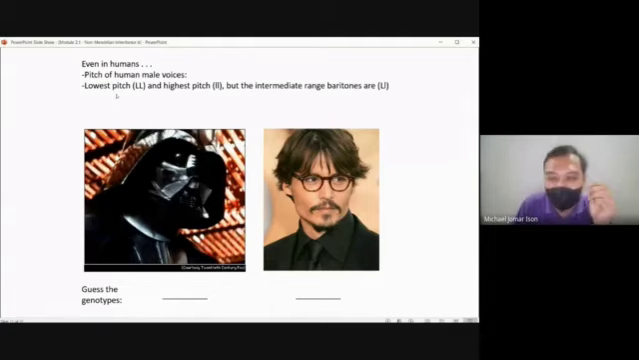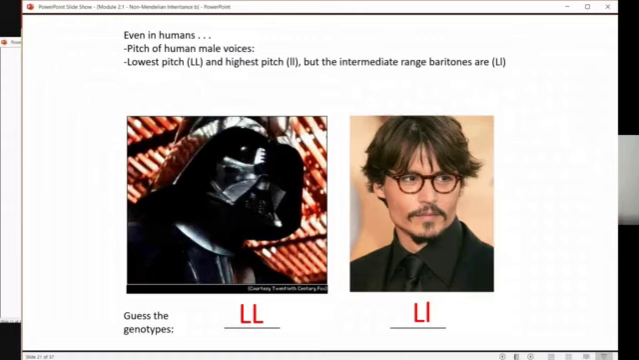Something like that. So we already know that the voice of Darth Vader is very low. So the genotype of Darth Vader would be big L and big L because it's a very low pitch of voice. And then interestingly enough, I searched the internet because I don't really know, but I found out that Johnny Depp is considered to be a baritone. He sings as well, and some of the articles said that he sings very well. So if he is a baritone, then he is a big L and a small l. And that's for the incomplete dominance. Let's now